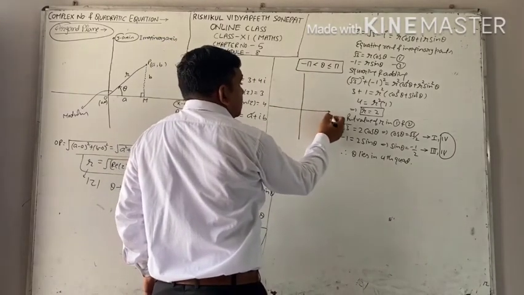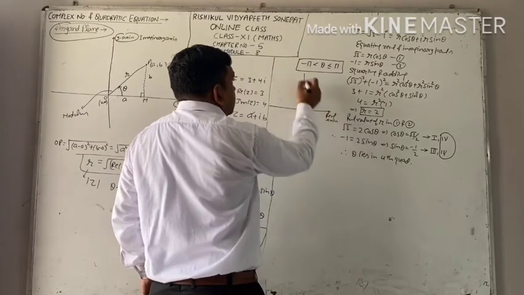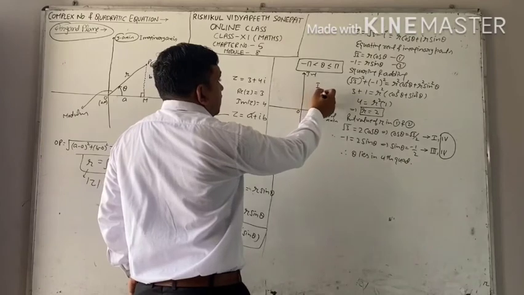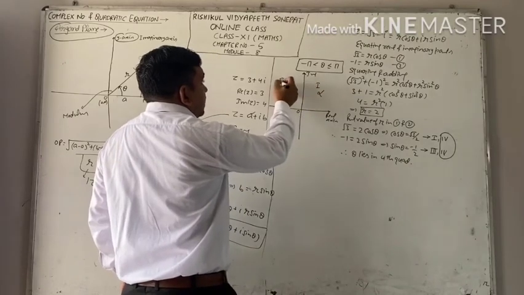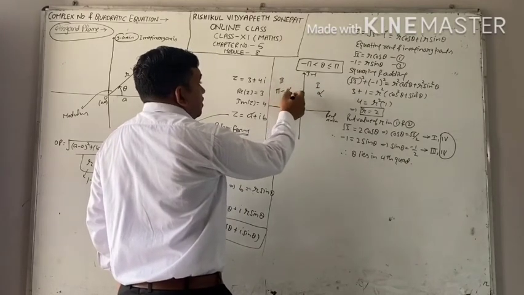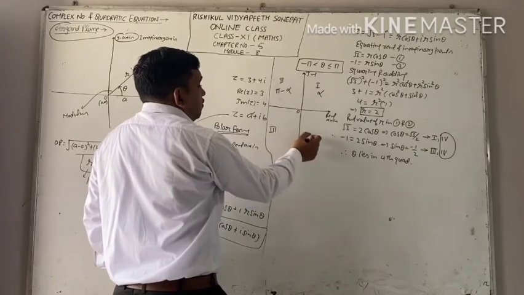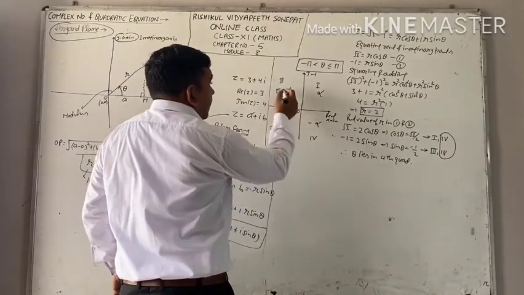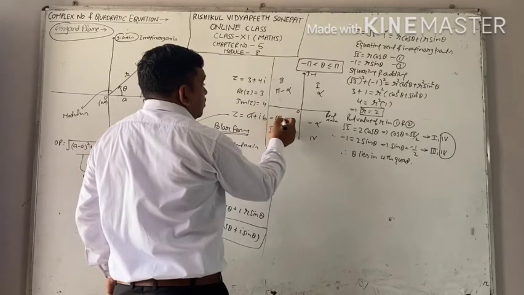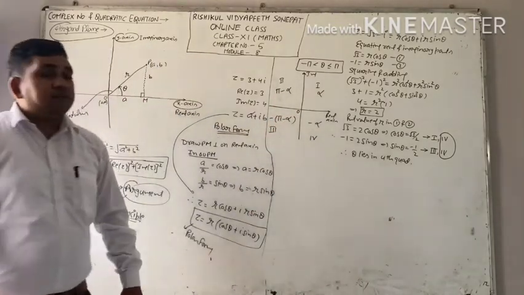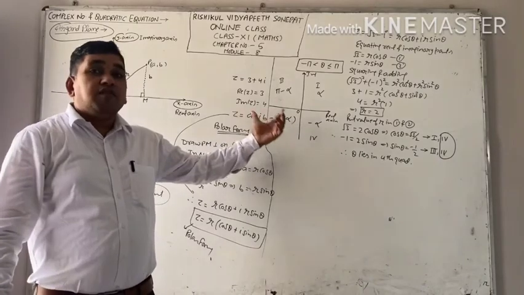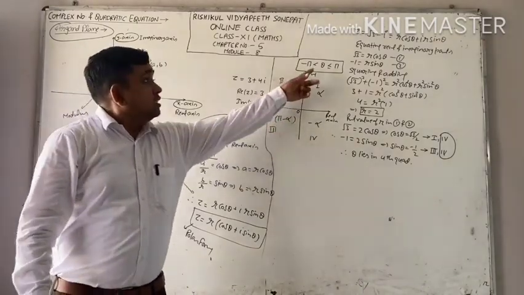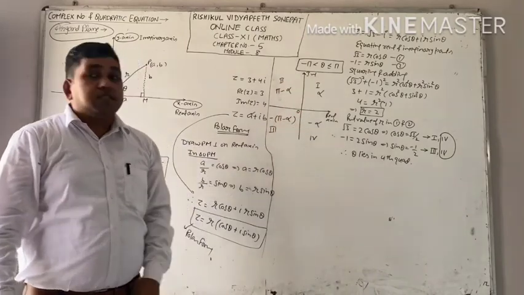This is your real axis. This is your imaginary axis. For the first quadrant, your answer should be alpha. Second, pi minus alpha. Third and fourth, take negative. Alpha will become minus alpha and this will become minus of pi minus alpha. Remember this table for principal argument. If you want your answer in this range, you have to remember this table.